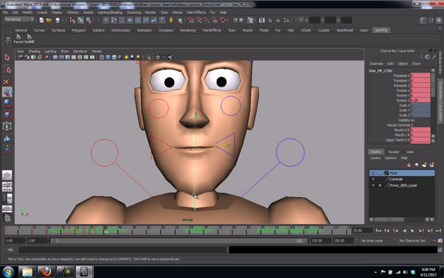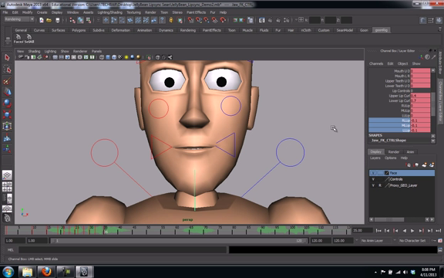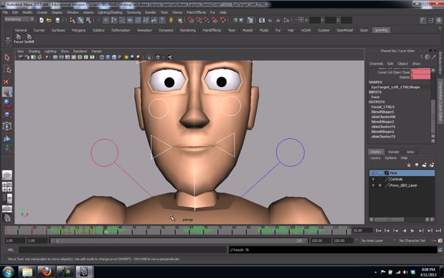And grab his jaw and I'm just going to move his bottom lip. I'm grabbing all 3 and I'm just going to move it up a little bit to give it more of a B sound. I'm going to select all face and keyframe it. Now for the E and bean,